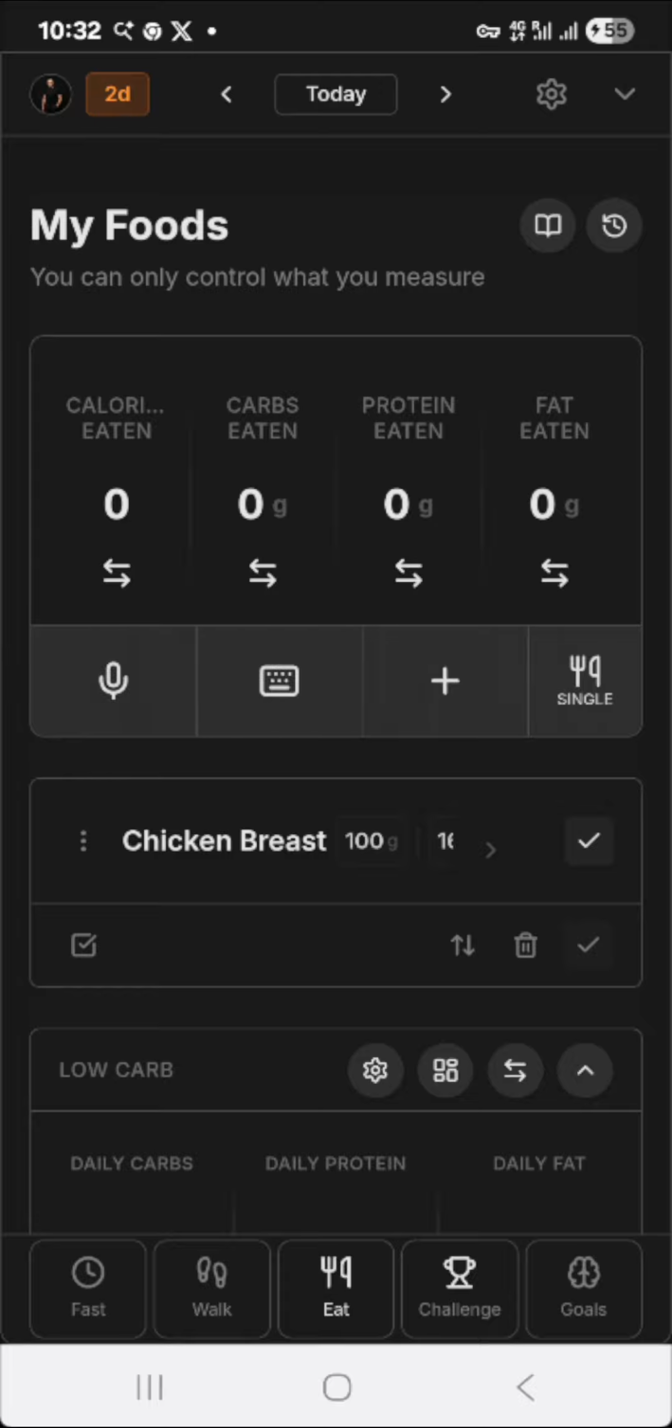So how do you actually log foods in the Fastnow app? Let me briefly show you. There are multiple ways of logging food, and you should probably try them all while you are in your